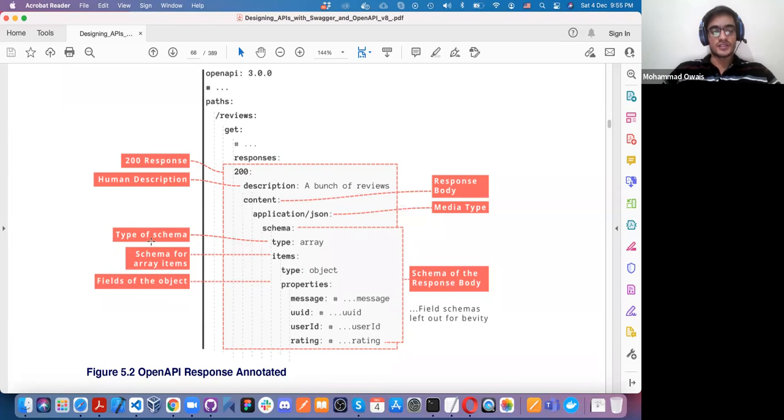So it is application/JSON format. We use the schema, which has the type of array. In that array, we have items which are objects. In that object, we have some properties which our response gives us, and those properties are message, UUID, user ID, and rating. So basically, we are defining what kind of data we want in the status code of 200. This is actually how we design our pattern for the response.